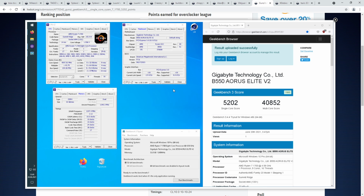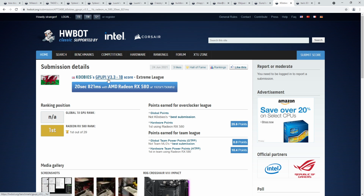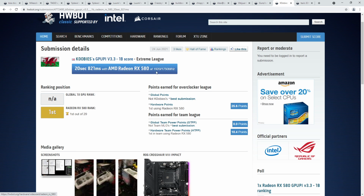Yeah, this is a fiddly setup to run, and a very solid score. They managed to take first place in the single core Geekbench 3 rankings for the Ryzen 7 1700. So congratulations to them on that, and let's move on to the next score, which is Kubi's GPU Pi version 3.3 1 billion score on a RX 580 that is absolutely flying at 1920 on the core and stock clocks on the memory,